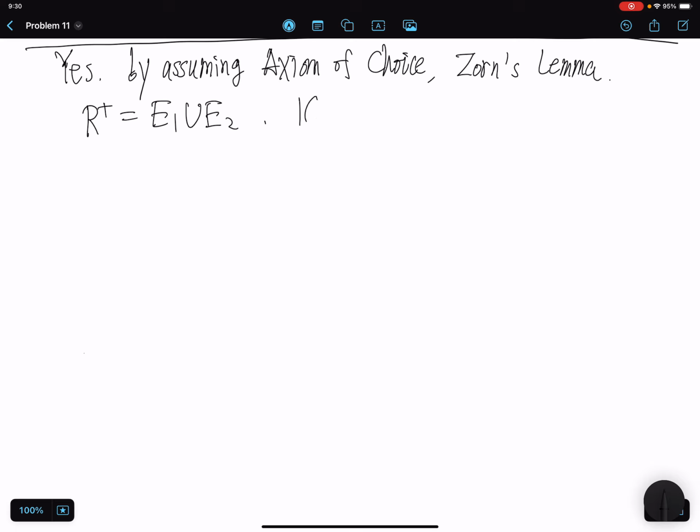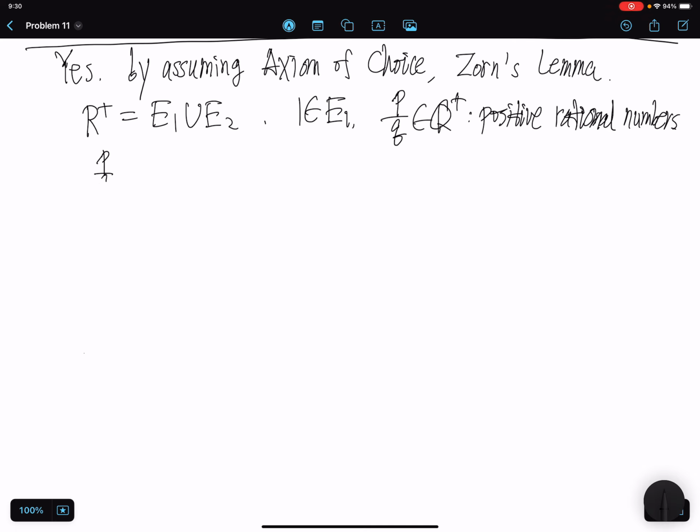So clearly 1 should be in one of them. Let's see if 1 is in E1. Then we claim that for any P over Q, the positive rational numbers, P over Q is also in E1. Why? So we want to show P over Q is also in E1. Otherwise,